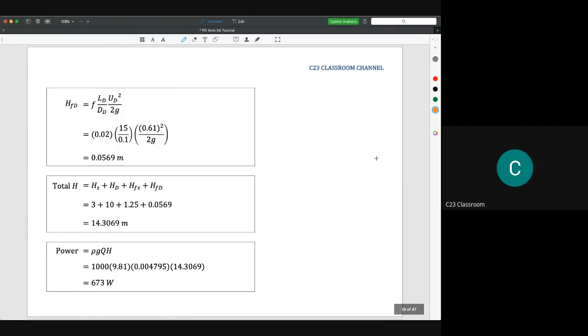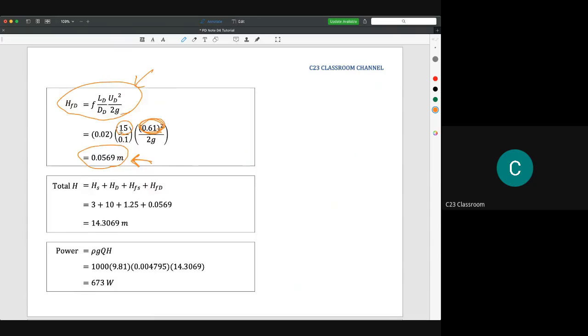So we know that the equation for the friction or the major loss for a pipe can be written as this one. Then we substitute all the values. We substitute the velocity that we calculated earlier as 0.61, and then we get around 0.0569 meters. So you could see here, the losses for flow-in pipe, the length is 15 meters, it's around